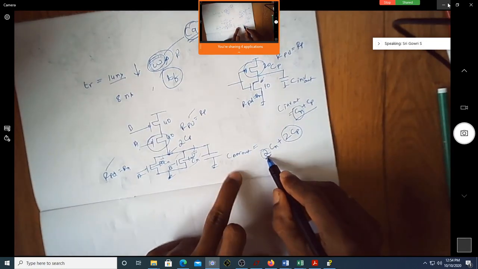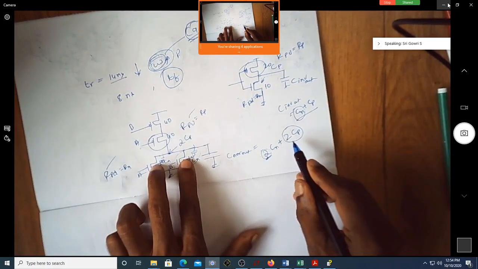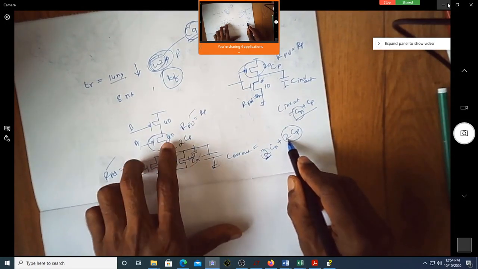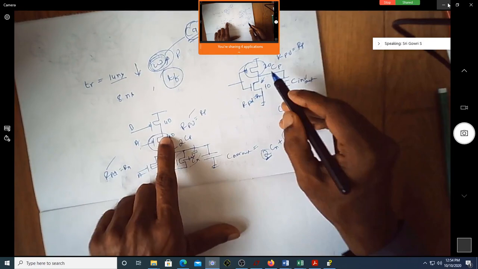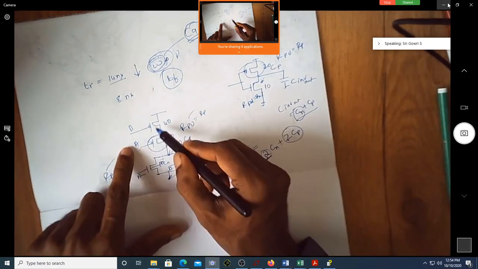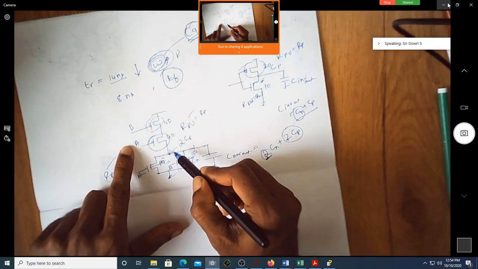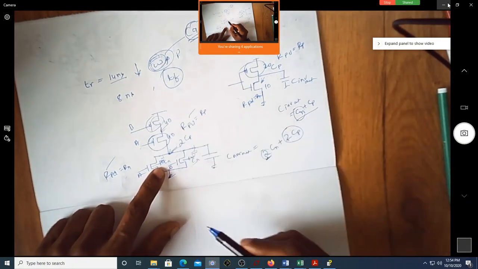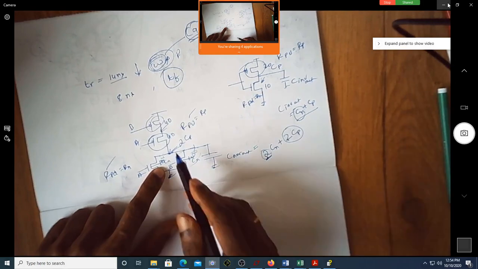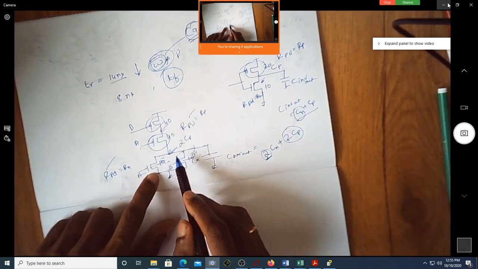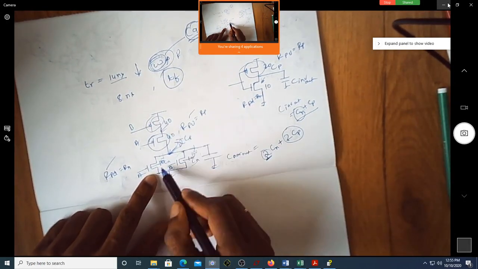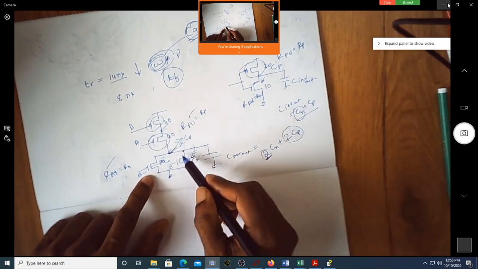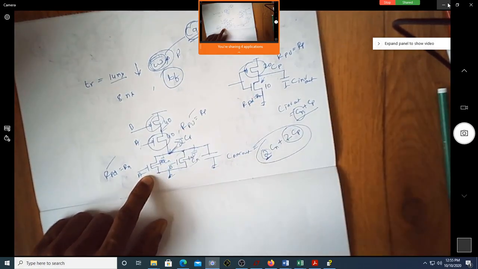This is 2 because you have two transistors. This is 2 because the dimension is 2 times the PMOS, and this is nowhere contributing to Cout because it is in a different node. Correct? This is not connected to this node. You can see this capacitance, this capacitance, this capacitance all are in parallel. That's why I'm writing plus.